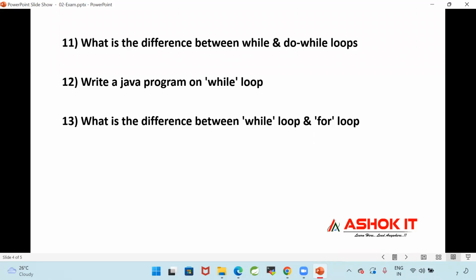Write along with syntax. While loop syntax, for loop syntax.